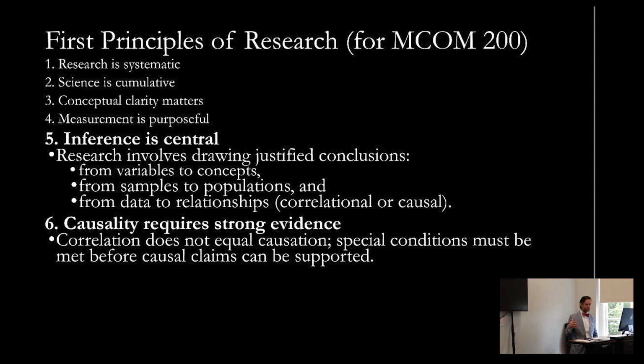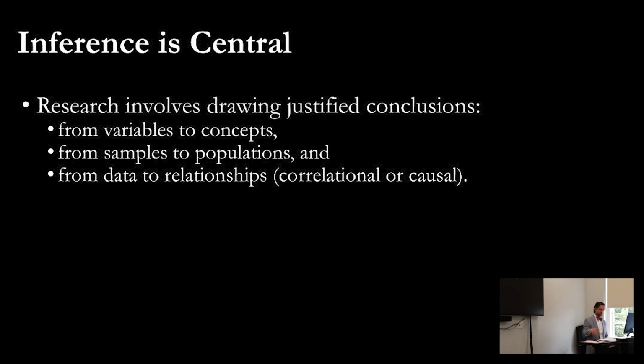So inferences, right? Inference is central. From variables to concepts: looking at media agenda, the number and placement of issue mentions in sampled outlets. The concept here being salience, how prominently issues are presented in the news. Public agenda, voter survey. The concept is issue importance for the public, right? So we're making inferences from the number and placement of issues to salience. We're making inferences from the number of survey rankings about important problems to issue importance for the public.